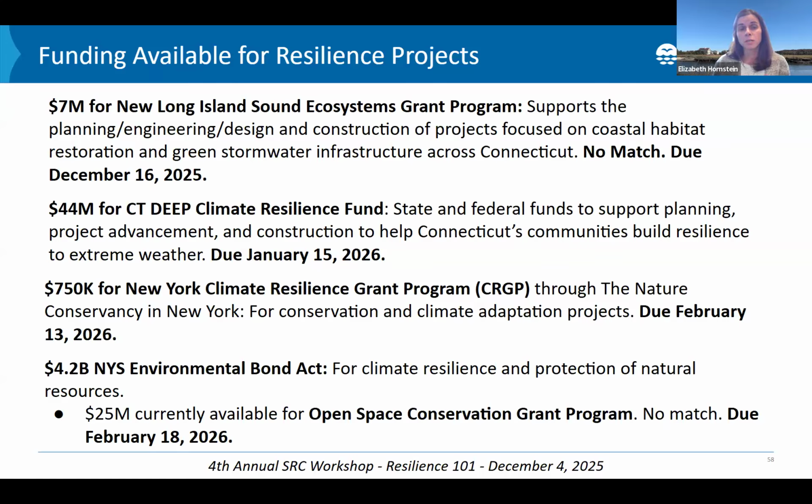So open opportunities are shown here. There's two from Connecticut: a new Long Island Sound Ecosystems Grant Program and the Connecticut Deep Climate Resilience Fund. Both of these are providing funding for both planning and construction for resilience projects. In New York, through the Nature Conservancy, there's a climate resilience grant program that's providing small grants for conservation and